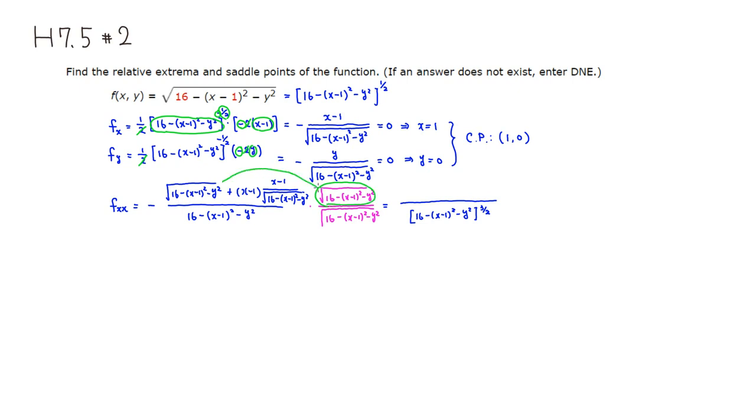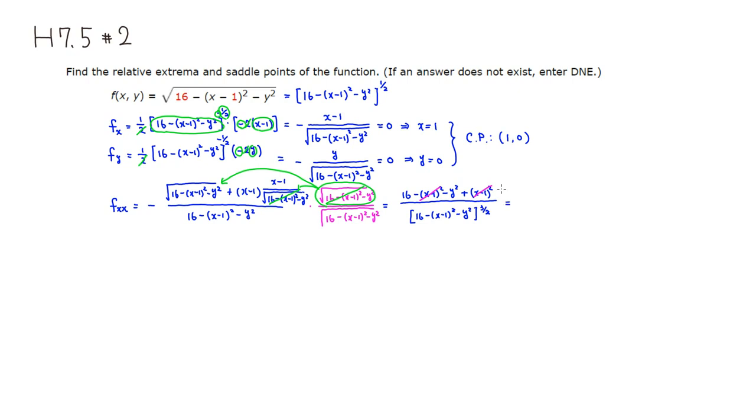Then I'm going to distribute this square root to both of these terms. From the first term, you just take away the square root, so 16 minus x minus 1 squared minus y squared. For this one, you cancel the denominator, so you have a plus x minus 1 squared. So we can cancel this term and that term, and you're left with